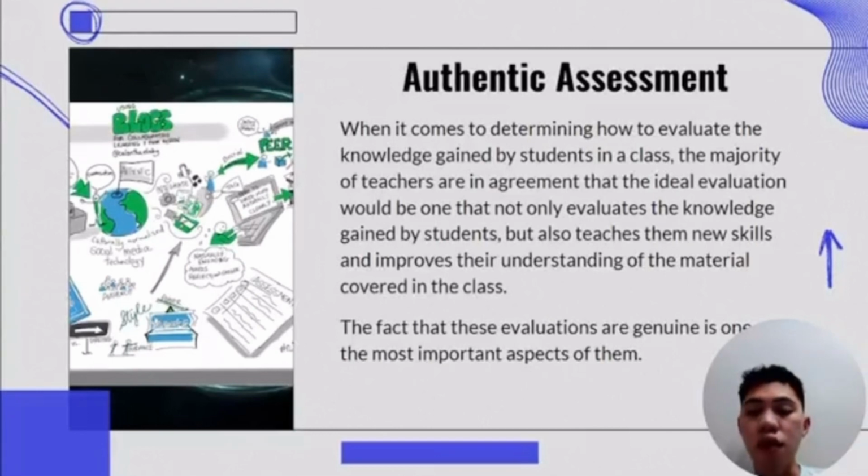They can involve a real world audience of stakeholders or clients as well. According to Grant Wiggins, 1998, an assignment is authentic if, take note of this one,